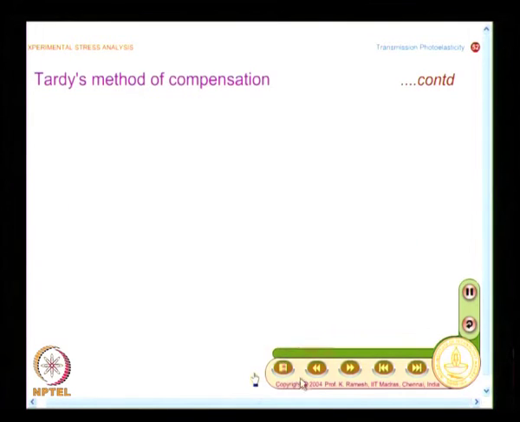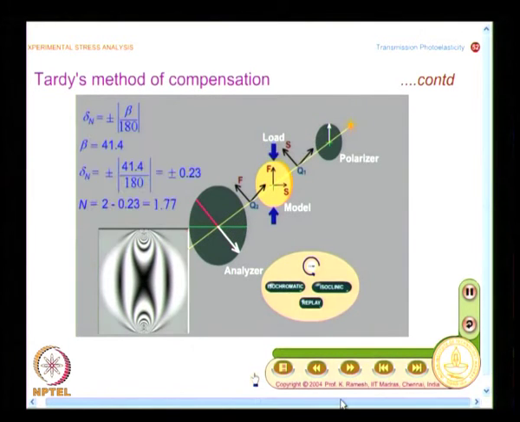Once I have the isoclinic determined, the polarizer and analyzer are aligned to this as the base angle, and the quarter wave plates are appropriately rotated so that you form a circular polariscope with the reference axis at the point of interest as x and y. Let us go and see how I am getting it.